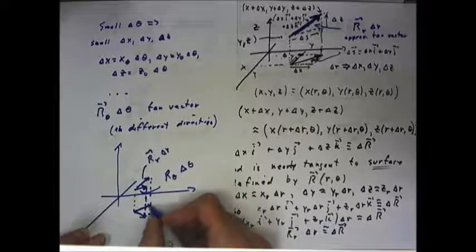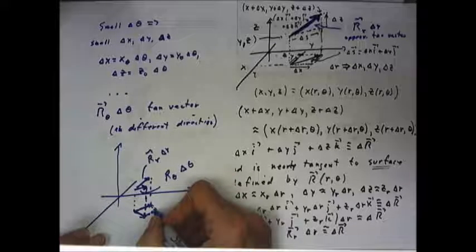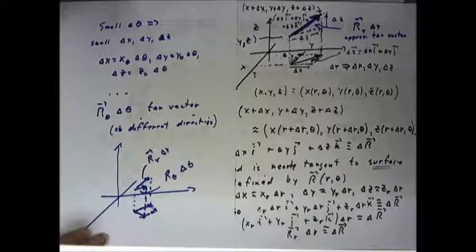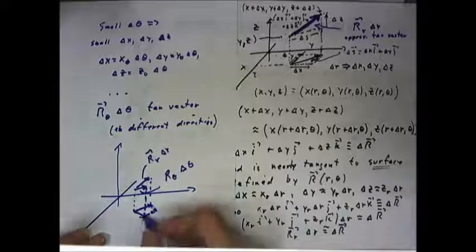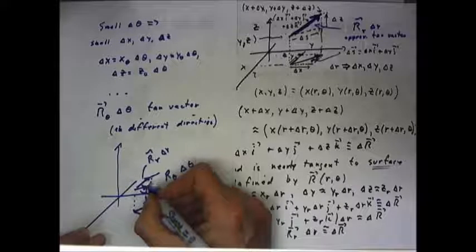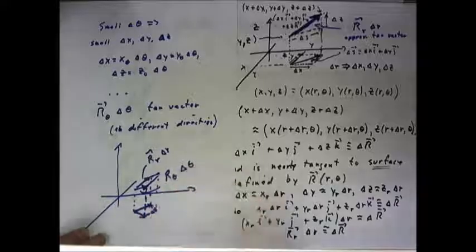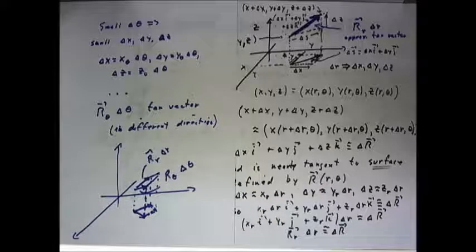This region of our coordinate plane is then going to lie below a parallelogram up here in 3-dimensional space, and the area of this parallelogram